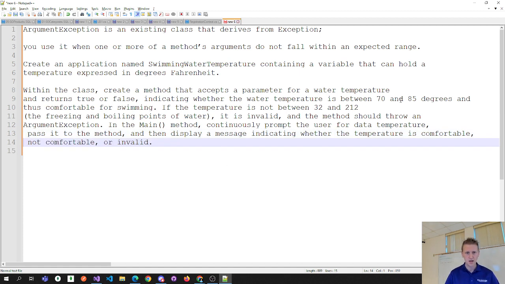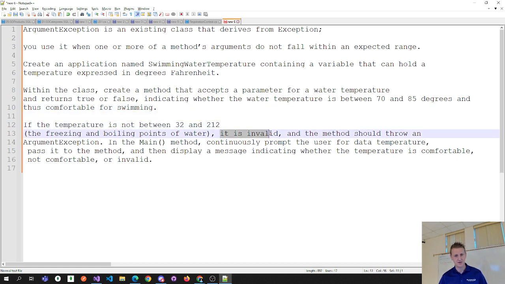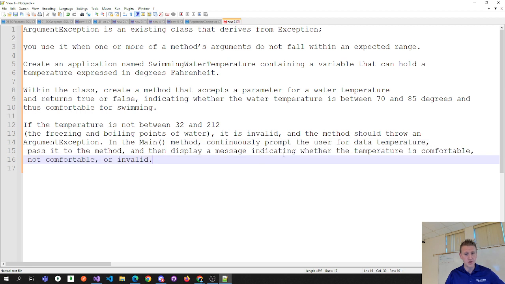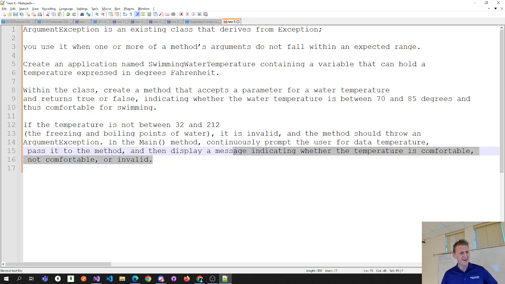Continuing on. If the temperature is not between 32 and 212, thus freezing and boiling, it is invalid, and the method should throw an argument exception. In the main, continuously prompt the user for the data temperature, pass it to the method, and then display a message indicating whether the temperature is comfortable, not comfortable, or invalid. So again,